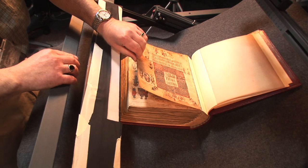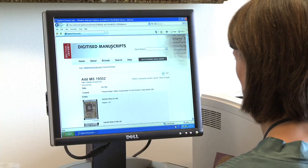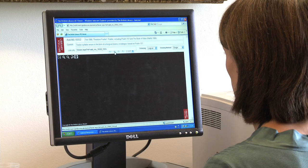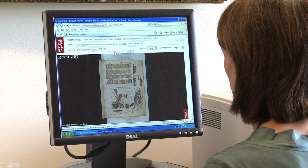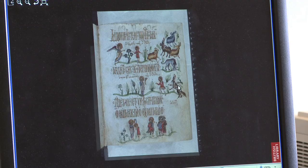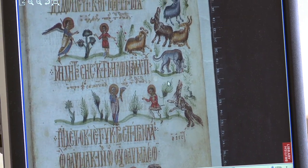We've started with the Greek collections, and to date we've digitised over a quarter of the Greek manuscript volumes. So now over 250 manuscripts are available on our website. This project has been running for 18 months and has been generously funded by the Stavros Niarchos Foundation, who have also recently agreed to fund a second phase of the project so that we can add a further 250 manuscripts